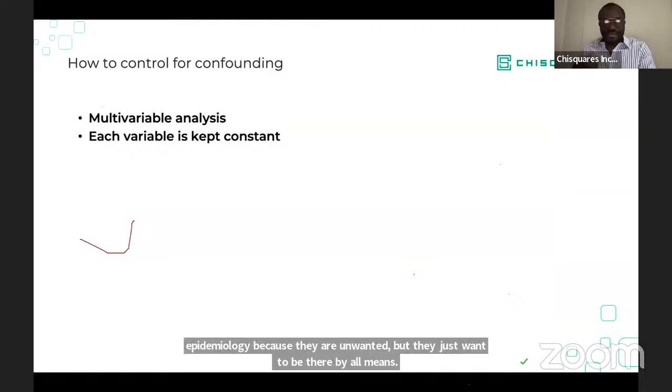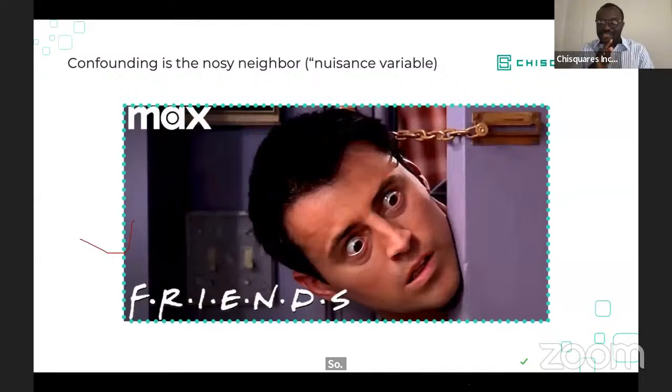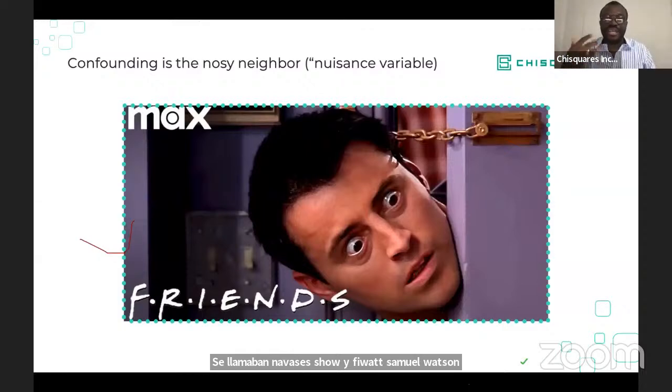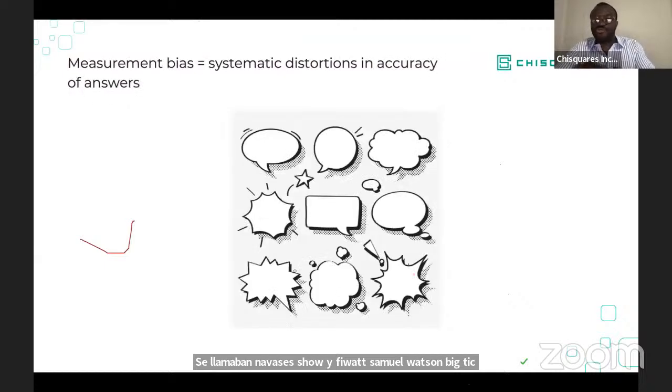So regression analysis is all about removing this nosy guy from our analysis. If you were to summarize regression in one word, that is it. We want to get rid of this guy so that we can get the big picture of the relationships without interference, without any noise, right? So that's a key objective of analysis, to control for confounding or to remove those nosy neighbors from our picture.